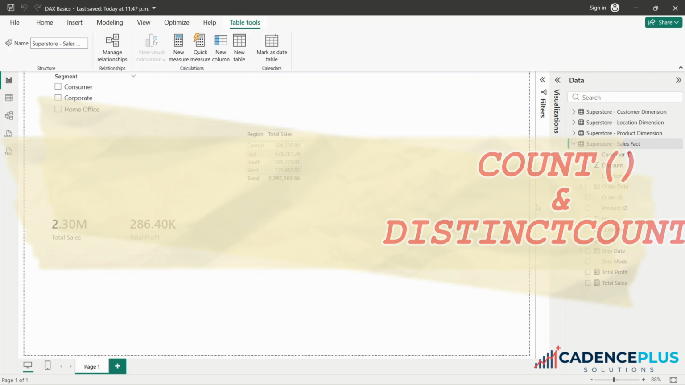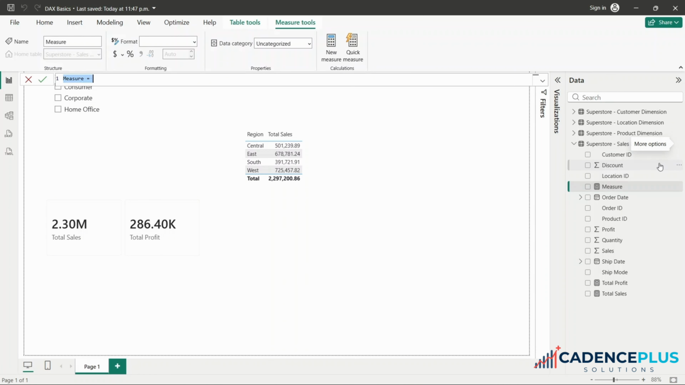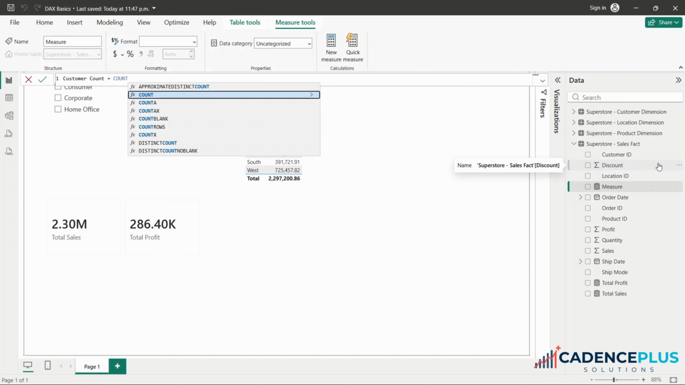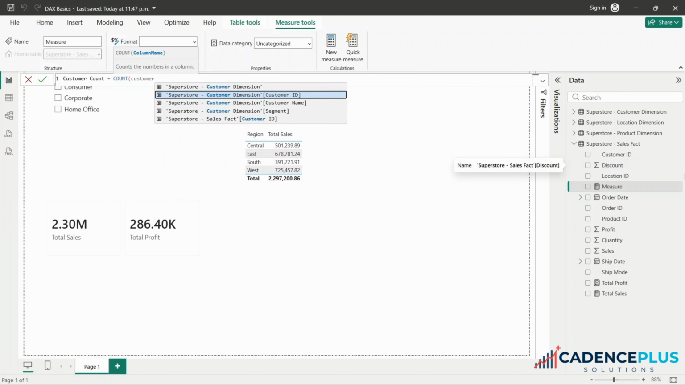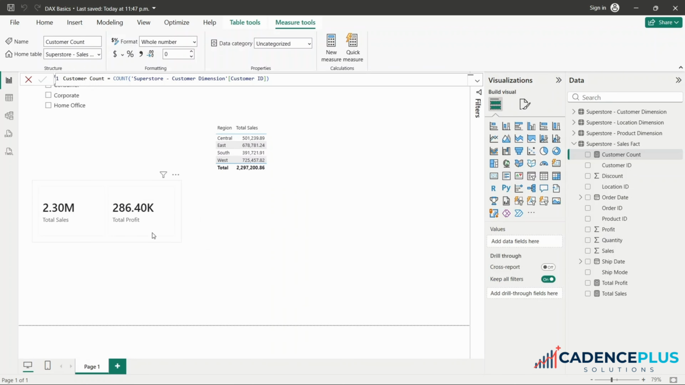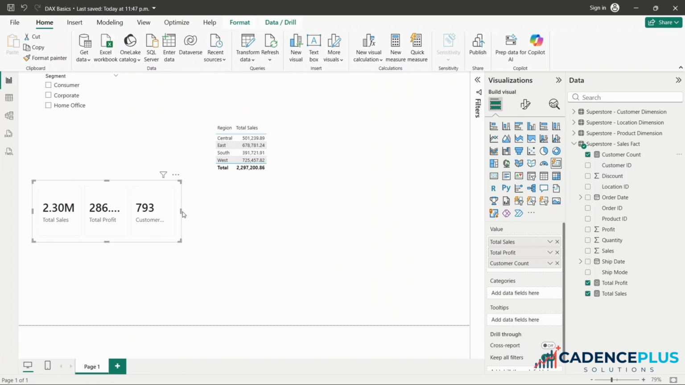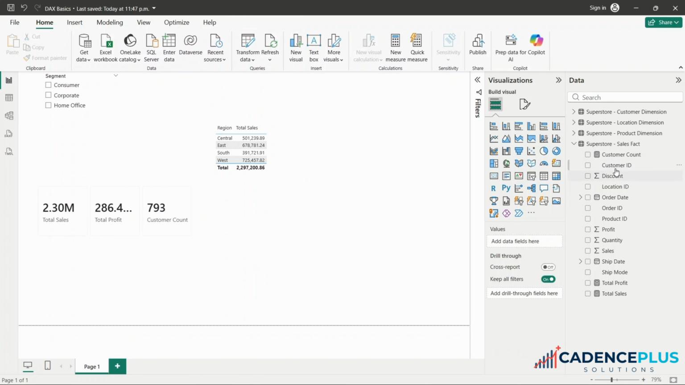Now moving on, let's say we want to find out our customer count. I'll go ahead and create a new measure, and I will call this customer count. Now my customer count, I say equals to count of customer ID because that's the unique identifier. But you notice that I'm picking the customer IDs within the customer dimension. And I'm just going to add that into this card visual, our customer count, 793. If I were picking the customer count from the sales table,